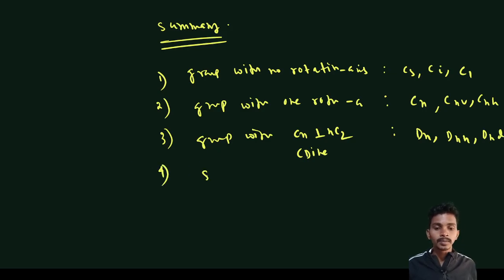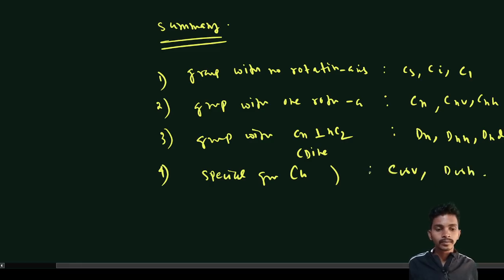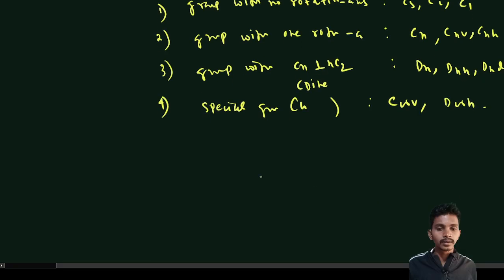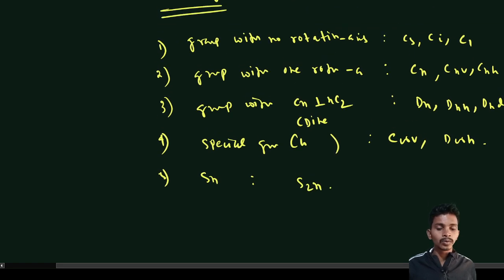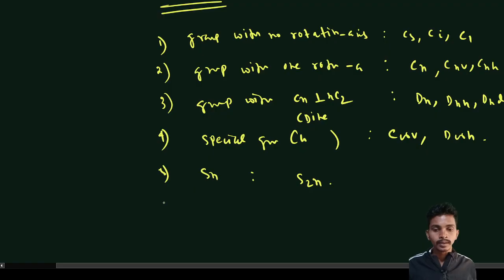And the special groups we have discussed are the linear ones, that is C infinity v and D infinity h. And lastly, we discussed the Sn axis, only one group, that is S2n. And last we have discussed